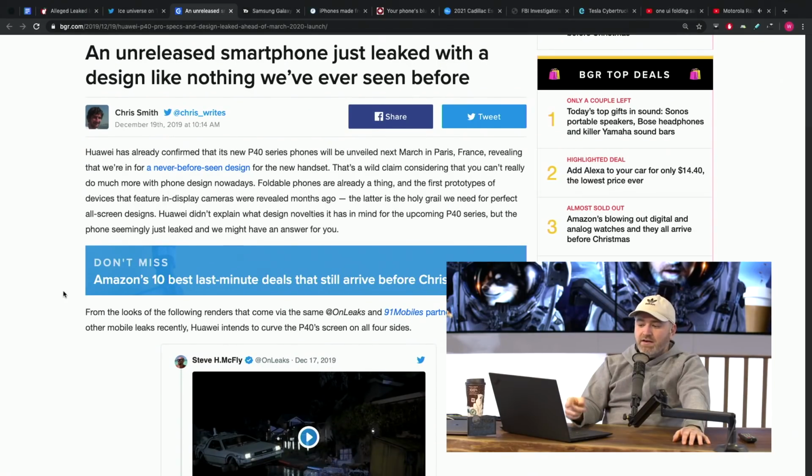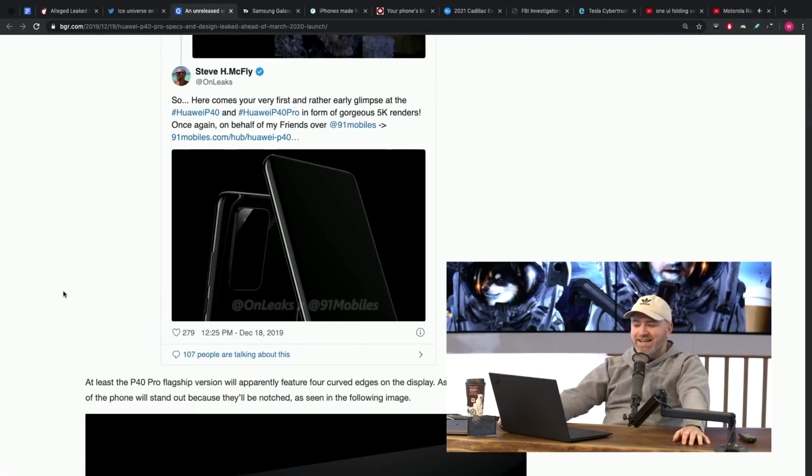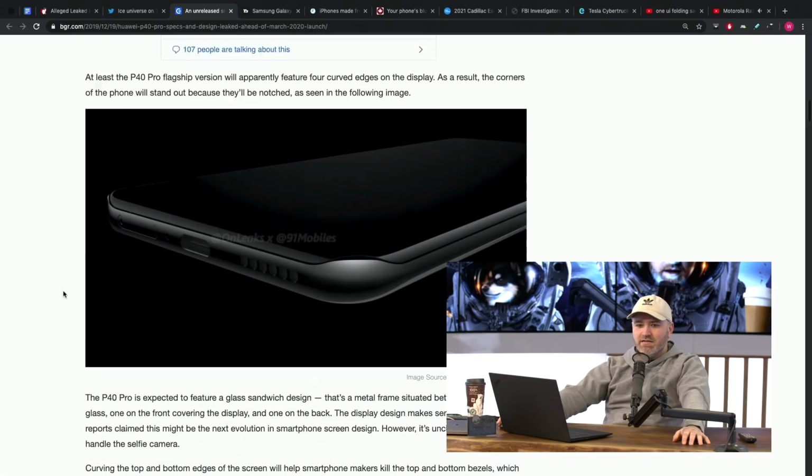Anyway, so the P40 Pro has been rendered in a collaboration between OnLeaks and 91Mobiles, and the first image, okay,